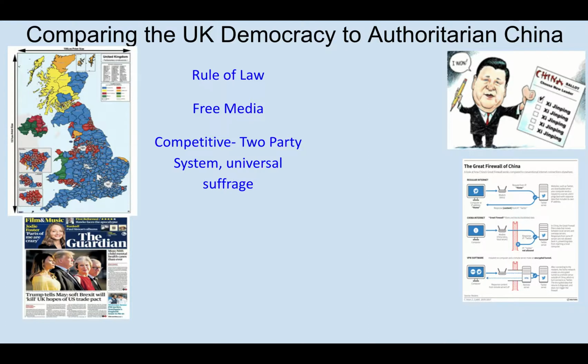We have a competitive two-party, I call it a two-party plus. Most political scientists would call it a two-party plus because they have two prominent parties, which is going to be the Conservative Party, which you see in blue, the Labour Party, which is depicted in red on this map of the UK. So this shows you how the different parts of the United Kingdom voted in those parliamentary elections. Then you have a couple of different regional parties. The orange is the Lib Dems, and we'll talk more about them. And then the yellow is the Scottish National Party. So there's a lot of competition